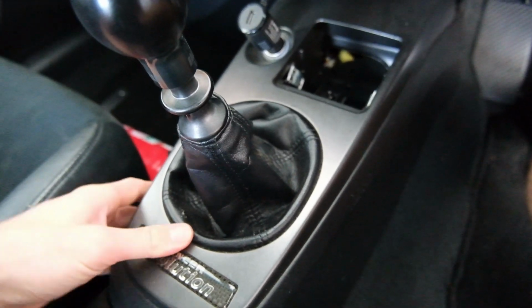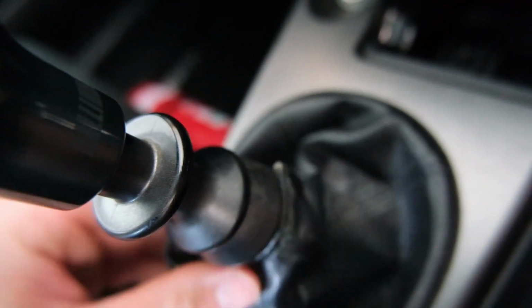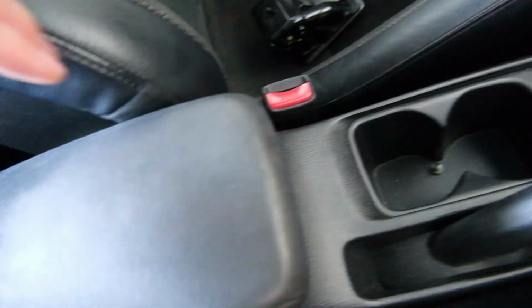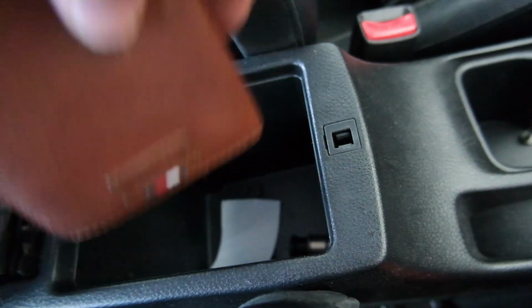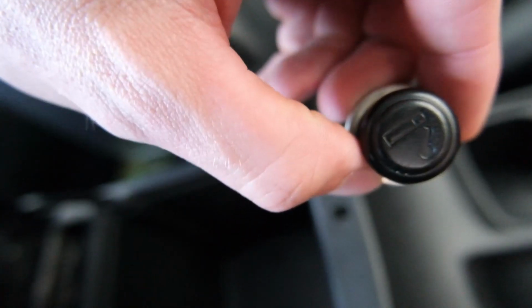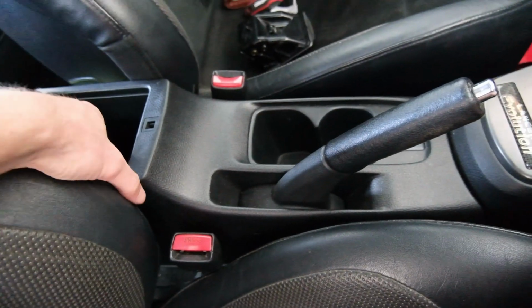Technically this part is loose, so let's get rid of that. There's a little button on the back of there, unbutton him. But unfortunately, this console piece overlaps that one, so we need to pull this out. To do that, you get rid of your wallet, some old receipt you don't need, your cigarette lighter thing, and you undo both of them. Now that those two are undone, this thing should just pretty much lift up